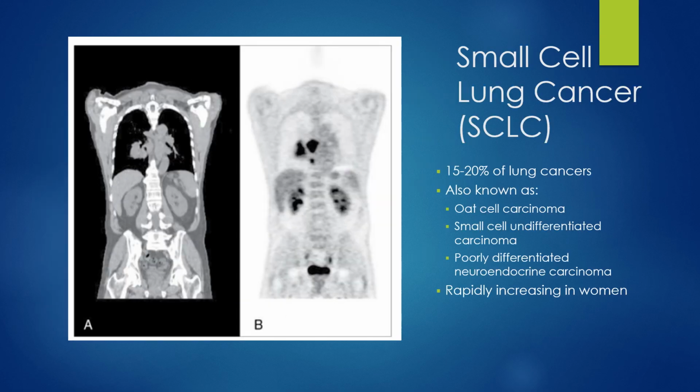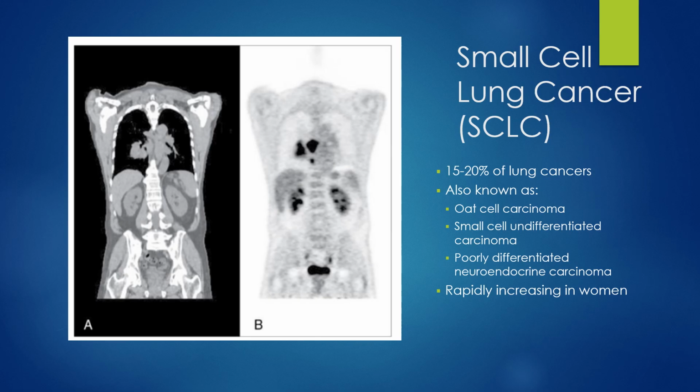These are coronal images of a CT for A and then the FDG scan for B, no fused images. This is also a patient with lung cancer, but this is small cell lung carcinoma, which shows disease presented by a large accumulation of FDG in the right hilum and mediastinum, seen right here where my mouse is. Note that there is normal activity in the liver, spleen, kidneys, ureter, and bladder. That's important to look for